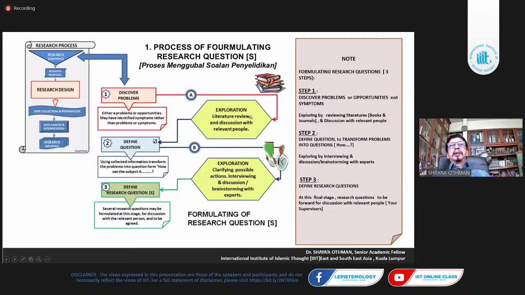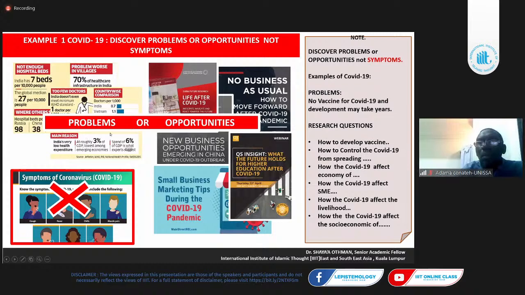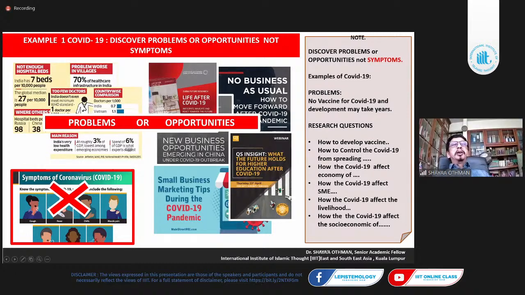When I talk about opportunities, this is a problem, and you see the opportunities in business. From here, you develop so many opportunities in business. Just imagine, one person who developed that tracking system, the tracking system that you're seeing now, he made $1 billion. He just introduced the tracking system to the Ministry of Health to track the people.